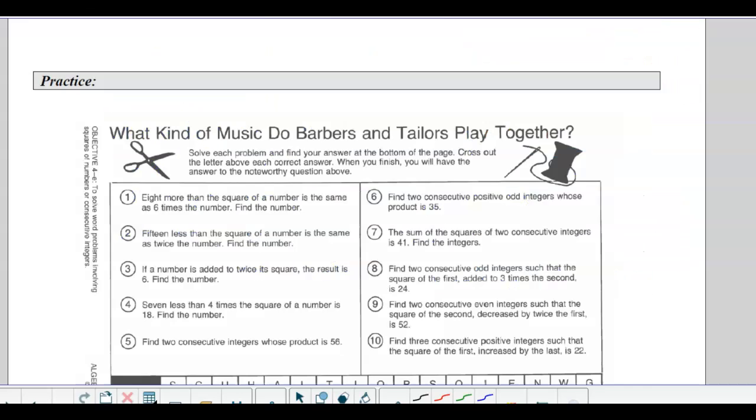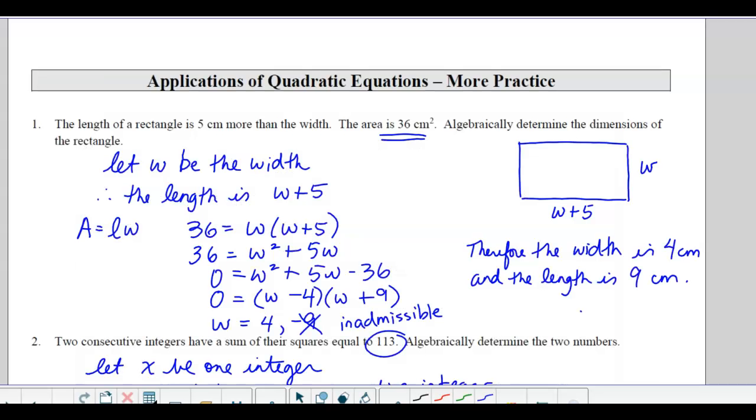And I think that's the last one in this. You've just got your practice there. So we'll just close out